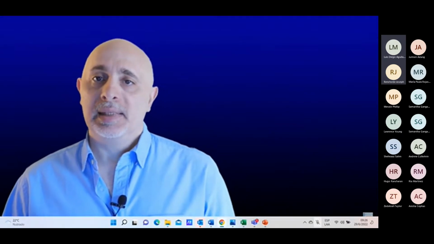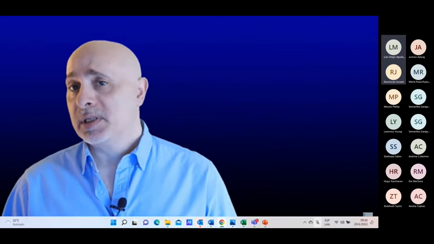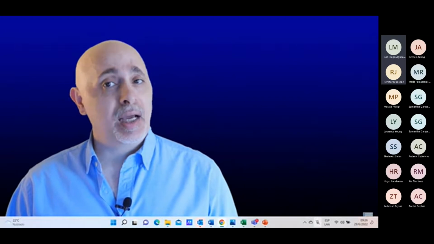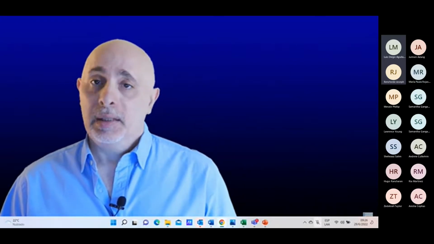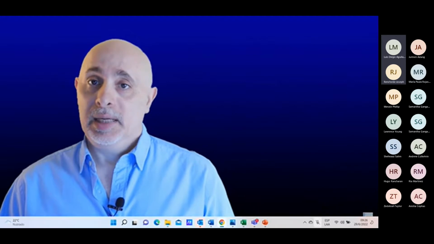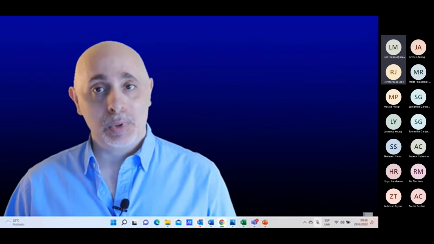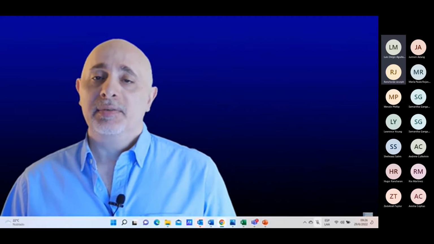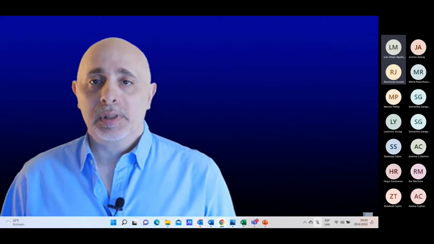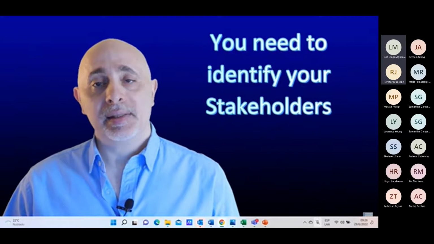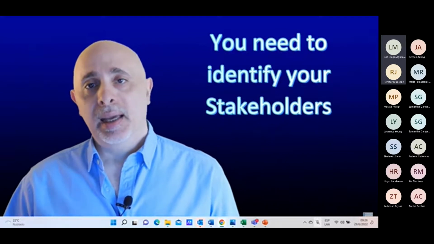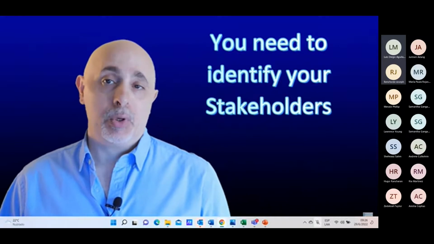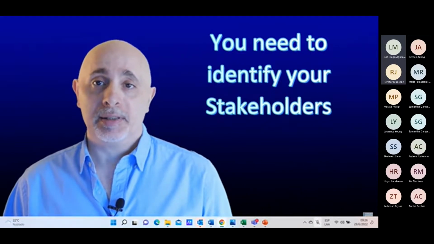Now, what we need to know about stakeholders is that they could have different roles or responsibilities when it comes to this specific initiative. They could be inside or outside the organization. They may have different objectives. They may be supportive, and sometimes they would like to derail your project. We need to, on any initiative, identify all the stakeholders and continue to do this as the initiative progresses. Any stakeholder that you don't identify could potentially be a problem as you work on your initiative.